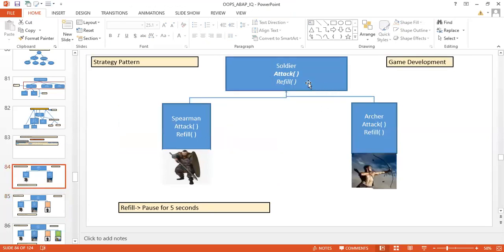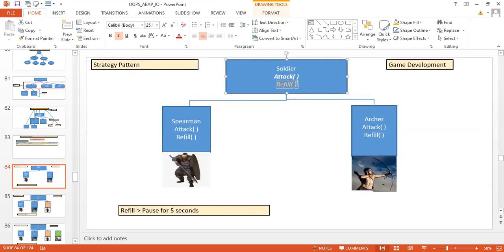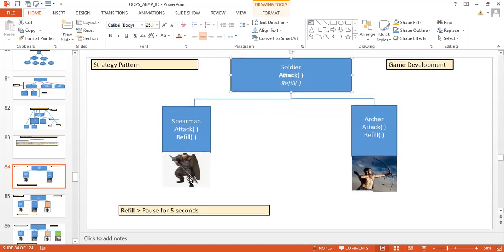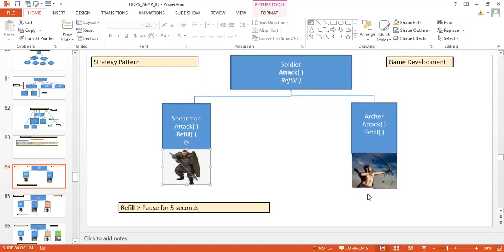But just assume over here that the attack is like this. Just at this point of time, understand that the attacking way of this soldier and the attacking way of this archer is the same. They have to attack.